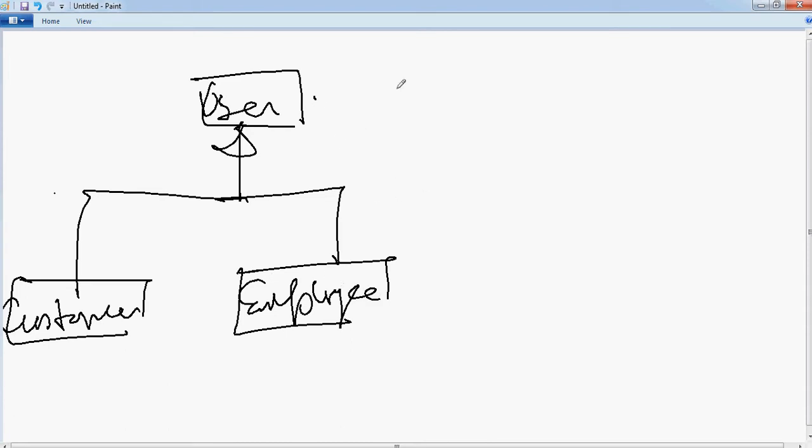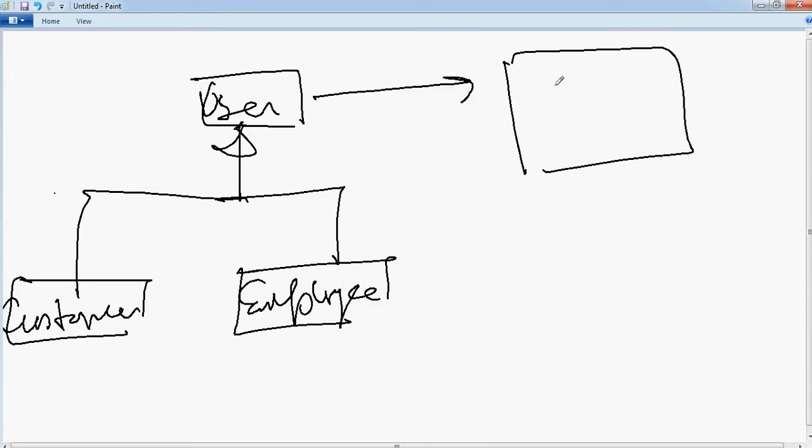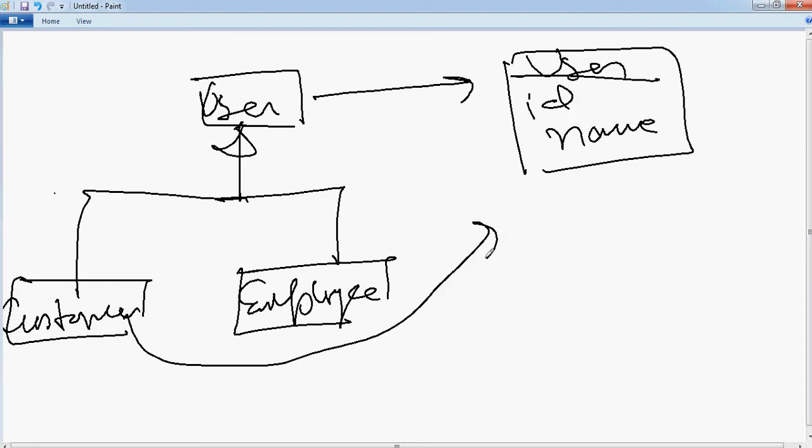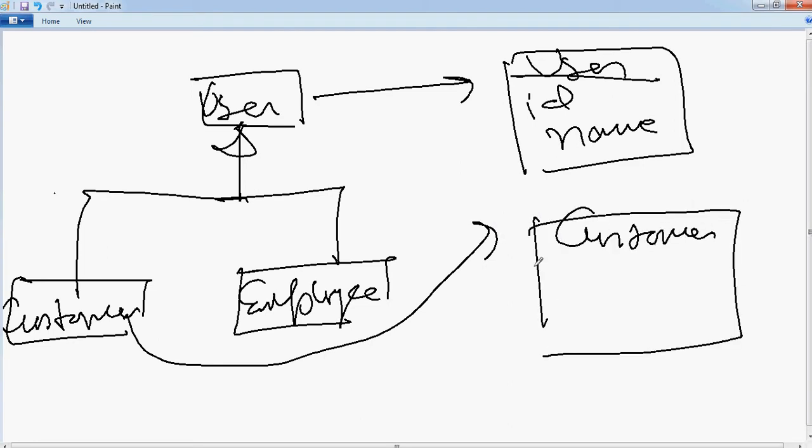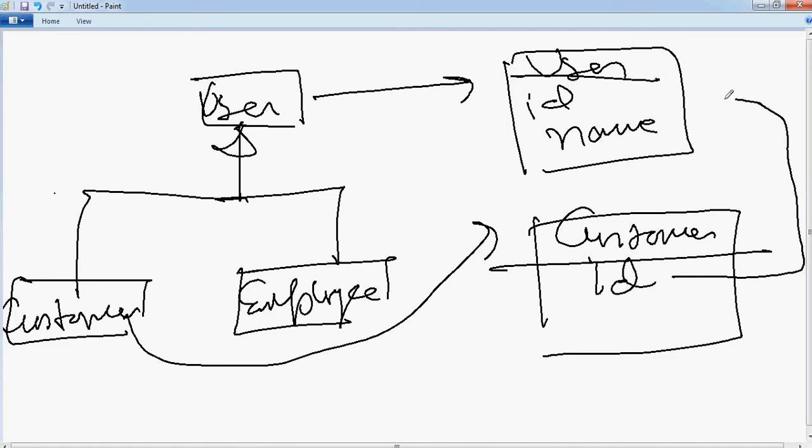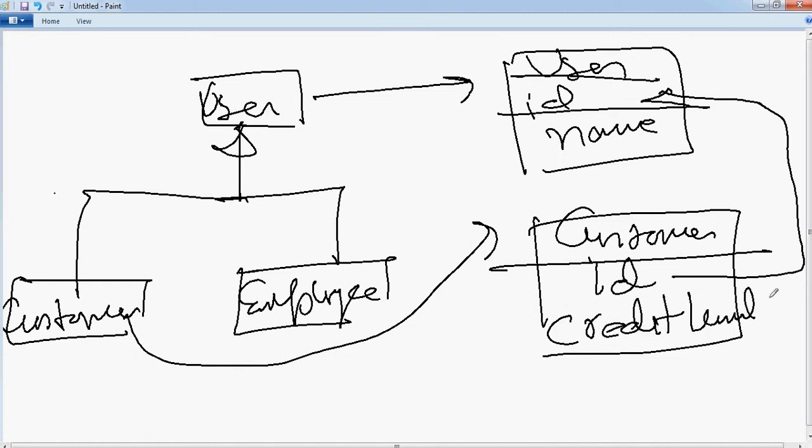And so what would happen is that the user would map to its own table. User, it has ID and name. And the customer would map to its own table. Customer. It will have its ID, but it will be really the same ID as the user ID if it belongs to the same record. And then it has got its credit limit.